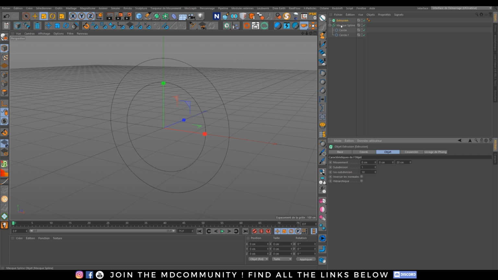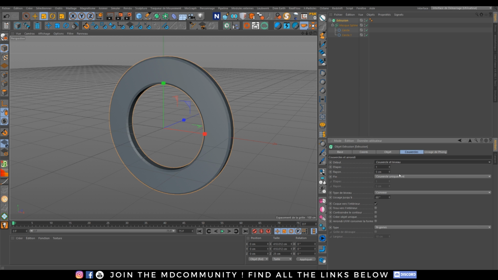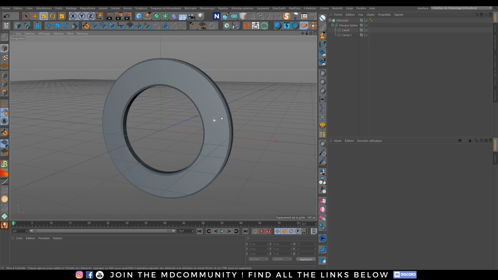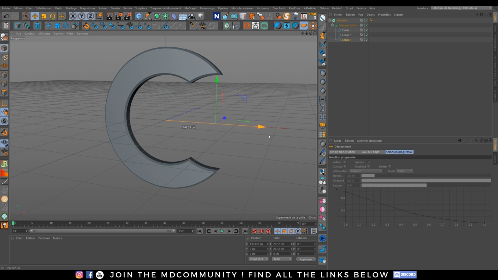You can extrude this. You will have the ability of adding fillets, and you can add more and more splines to design great things.